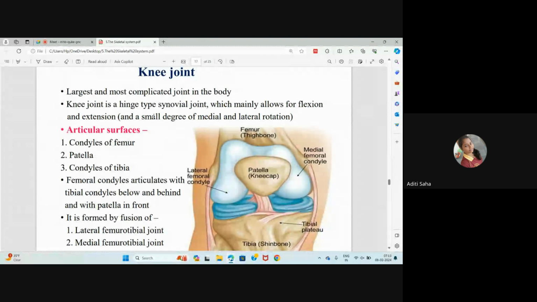So the knee is a hinge type synovial joint which mainly allows flexion and extension and a small degree of medial and lateral rotation. Medial and lateral rotations are anatomical terms. If we divide our body,